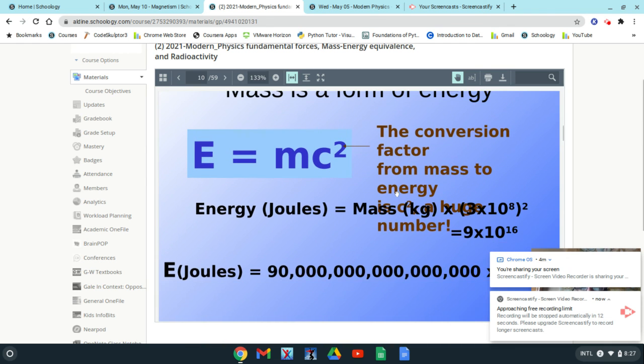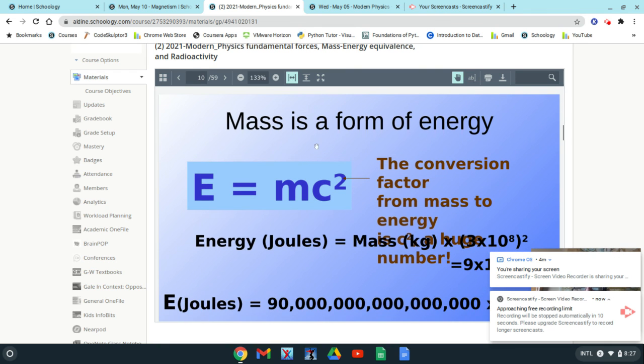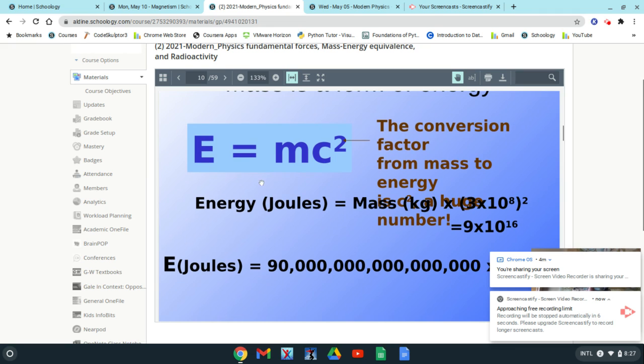And so here we see that mass is a form of energy, E equals mc squared. And if you see that a little bit of mass, now this is a huge number, isn't it? C is